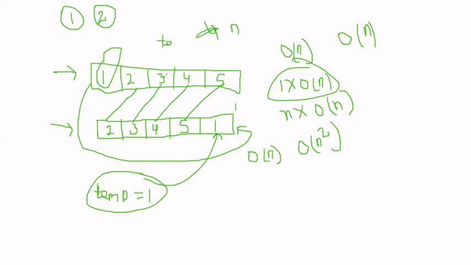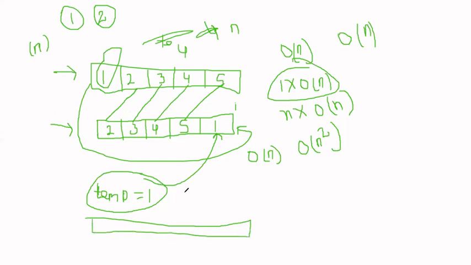Suppose someone has asked us to perform left shift on this array. Left shift means what we have written in our function, and the complexity of that left shift is big O of n. Okay, so suppose someone has asked us to perform four left shift operations on this array. After the first left shift, it should be something like this. After the second, it should be 3 4 5 1 2. After that, it will be 4 5 1 2 3. After that, it will be 5 1 2 3 4. So our array will be something like this. So what we want as an output is it should be 5.